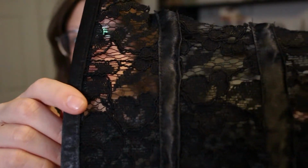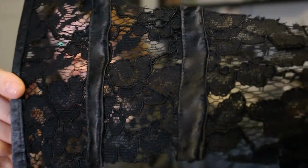So I have finished the boning channels. They are kind of wonky. Actually, that one doesn't look as bad. That one doesn't look good. The fabric was super slippery. I couldn't press it into proper bias tape. It was just generally a hassle all around. And then at one point I had my machine tension too high, and it was a whole thing. Okay, so now my next steps for this is to add on the tape to the top